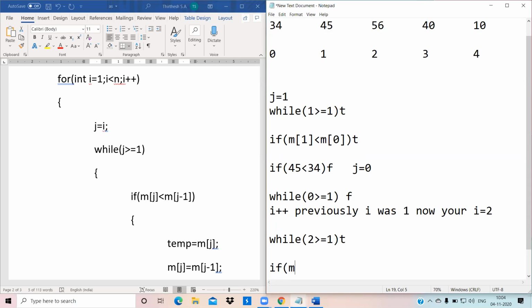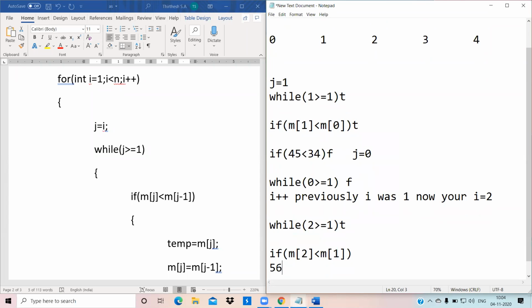If m of 2 is less than m of 2 minus 1, which means 1. m of 2 is 56.